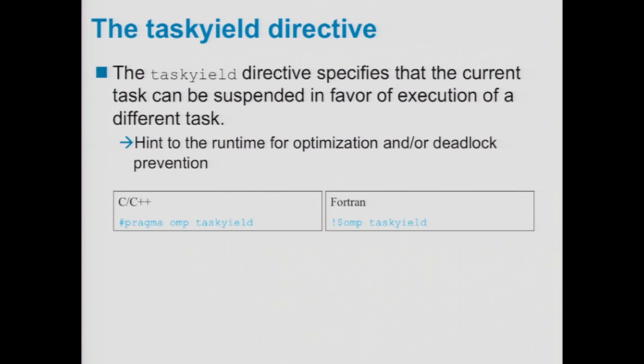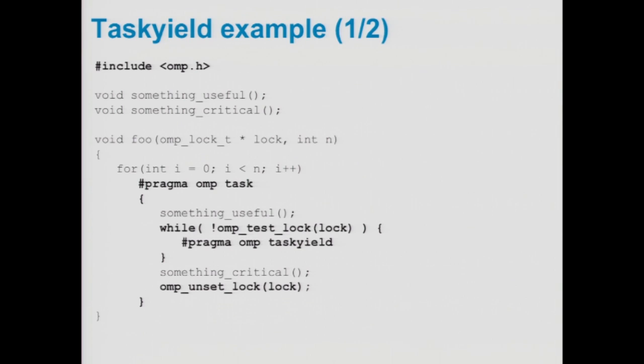And I talked to you about untied tasks that said, how does a task migrate between different threads? Well, Taskyield is one of these migration points. And here's a little example which kind of gets into some of the very low-level OpenMP style programming where it's using a lock, it's using Taskyield to basically say, well, if I'm still waiting to acquire this lock, I don't have anything useful to do, so I'll give up my CPU and let some other thread be scheduled on this particular